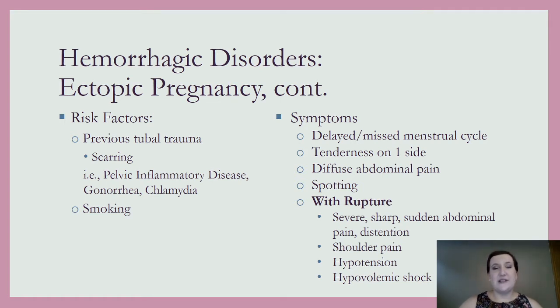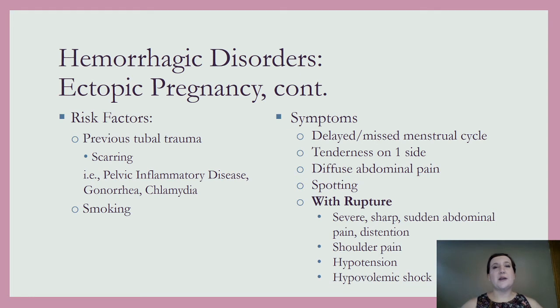So what happens here is this nice little ovum has attached itself to something that's not going to be able to withstand it, or be able to handle its long-term pregnancy, and when that occurs, at some point we're going to have some vaginal bleeding. So our symptoms usually start around that 7th to 8th week of pregnancy. So usually at this point the woman has identified that she is pregnant. We've had a missed menstrual cycle. We've had a positive pregnancy test.